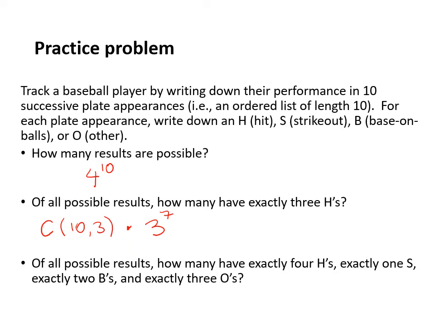Now the final one, out of all possible results, how many have exactly 4 H's, exactly 1 S, exactly 2 B's, and exactly 3 O's? Again, this problem is identical to the problem where we were calculating sequences of letters. So we have exactly 4 H's, so let's place them first. So we are going to choose 4 out of 10 spots times